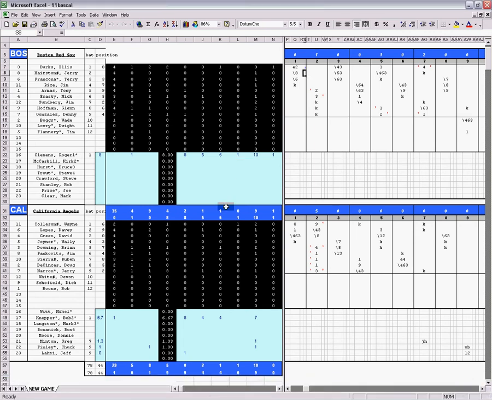Alright, for sticklers out there from the previous video, you'll notice I made a little boo-boo. I accidentally erased Ellsberg's stolen base. I put it back in there, and there's the 2. It was 0, but it's correct now. So anyway, in the last column,